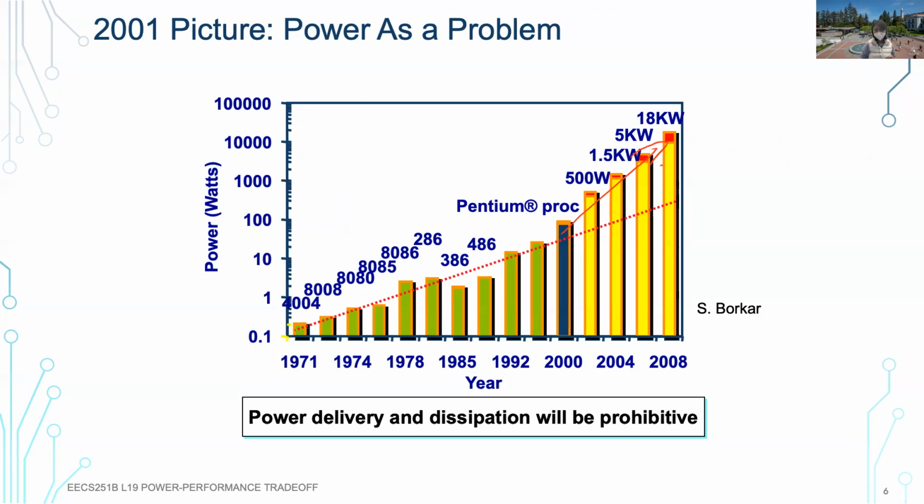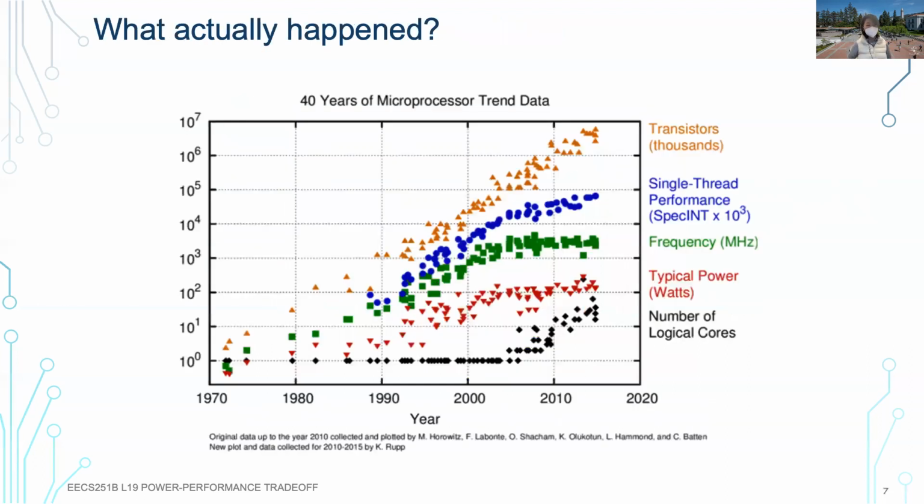We cannot keep pushing for that. Again, this is more like a projection, right? What really happened? Well, it's bad, but not as bad as this, right? So many of you have seen this, right? So in a different perspective, if we look from a more power-oriented perspective, this is around 2000. This is basically when we realize that we cannot keep pushing the power envelope anymore, and then the power roughly